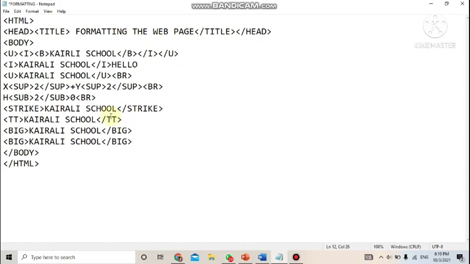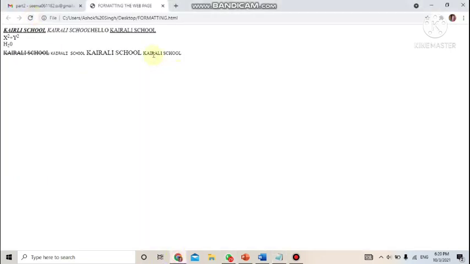Okay, so here instead of big we can use small. Small tag used, and here again we'll use slash small for closing. Now save and refresh. So it is small. This one is bigger, this one is smaller, and this one is the actual size of Academy School which we had written.